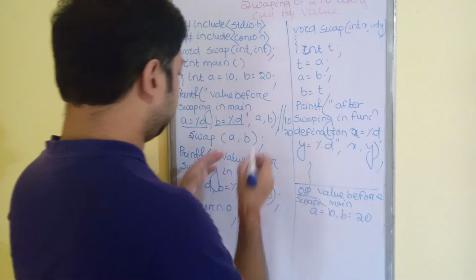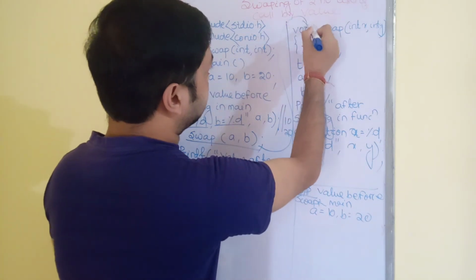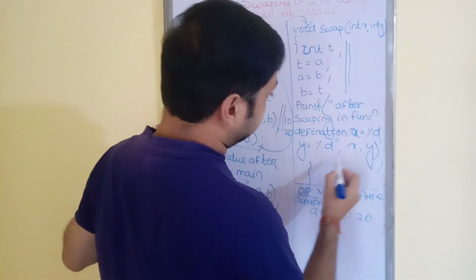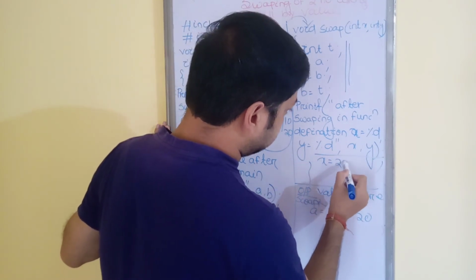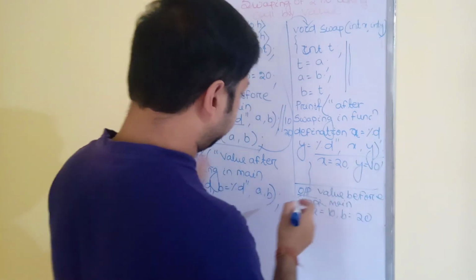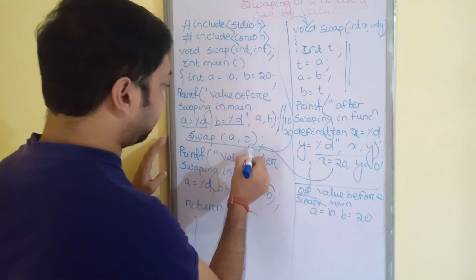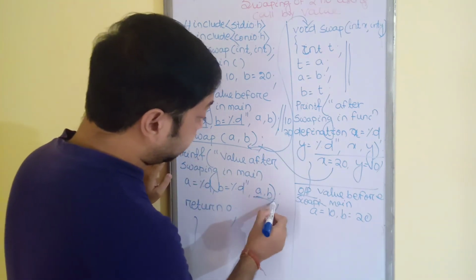Now when you perform the swapping operation, the control automatically goes to this part. Now the value gets swapped, then after that it will print x equals to 20, then y equals to 10. After swapping, the values are already exchanged. Now this value should be returned to the swap function call. Then after that you can see this value should be changed.